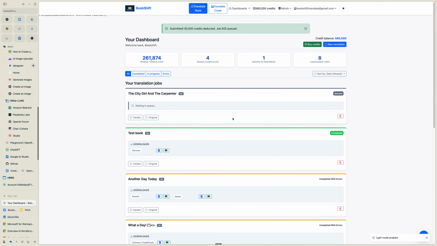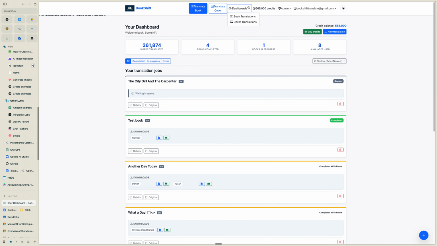And that takes a few seconds, and the user can look at their books they've already translated. I've done lots of little tests, and then from this bar they can download a Word version or an EPUB version,